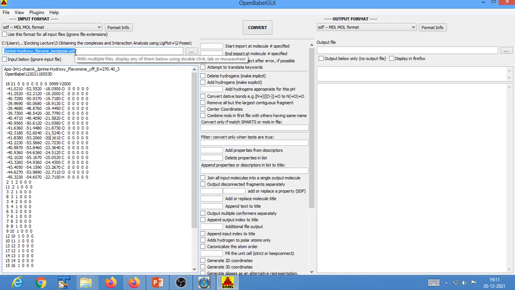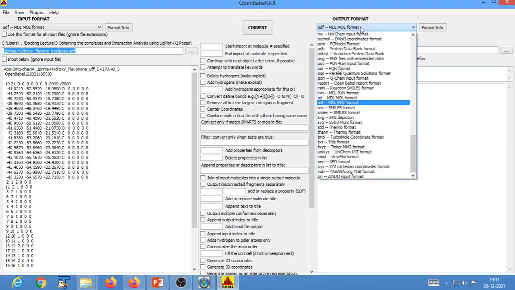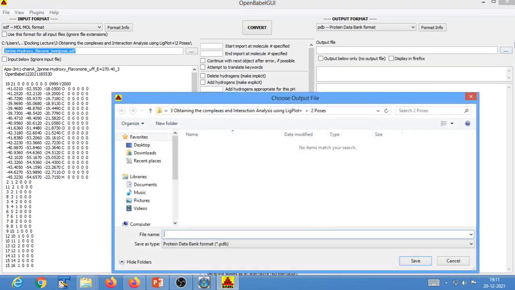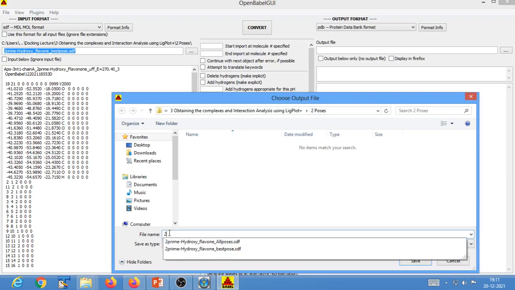And we want to convert this SDF file into a PDB file. Therefore you would have to select over here what the output format is. We want to convert it into PDB file or Protein Data Bank format. Okay, and we would have to first create a file in which all the data would be saved. So we need to create this PDB file first. In order to do that, go to this browse button. Okay, and in the same folder poses, you might want to create a file called 2'